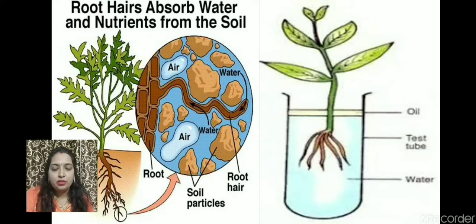After some time you will see that the flower has become red in color. Also you will see in the leaf that the mid vein and side veins have become red in color. Mid vein and side vein are the small thick linings in the leaf, children. So how did it happen? It happened because the red colored water was absorbed by the root and it was transported to the flower and leaves.